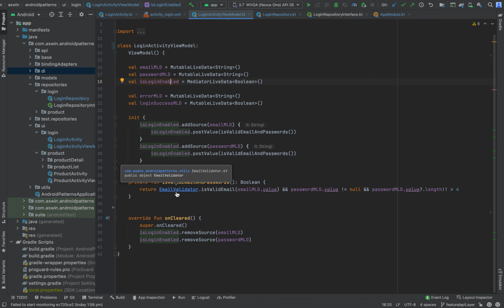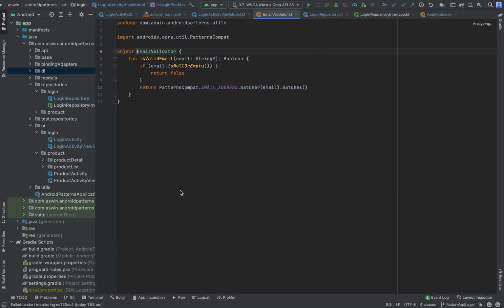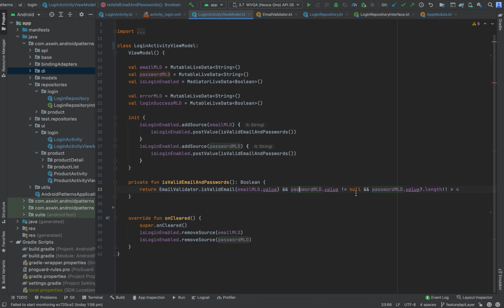We have a simple email validator function that will check whether the given email address is valid. And we have a minimum password length of 4, and it will check whether the given password length is greater than or equal to 4. Once email and password are valid, we can set is login enable to true. It will enable the login button.